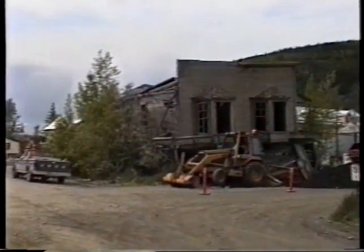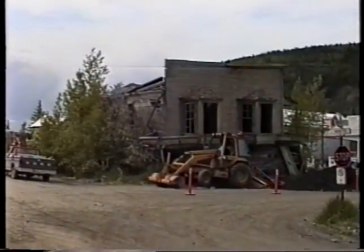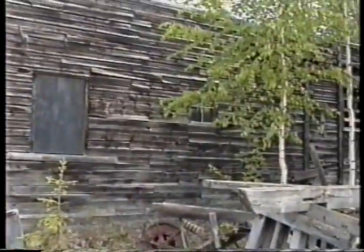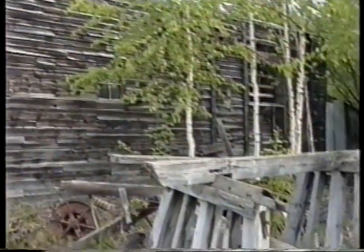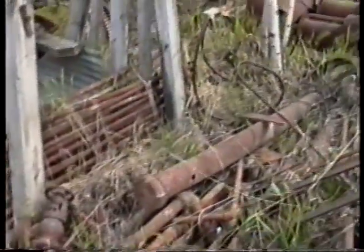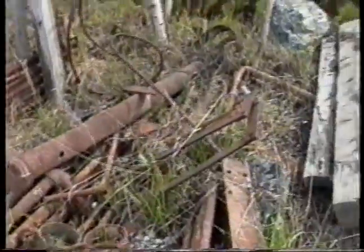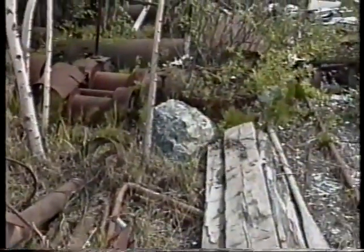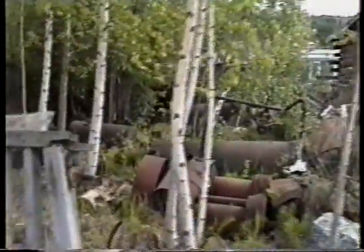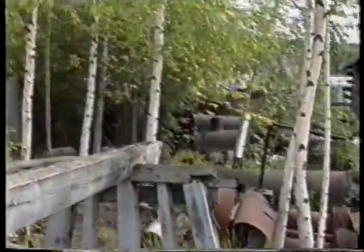This is one building that's in real need of repair. Right in the middle of the town, there's an old building. I'm not sure if it isn't a blacksmith shop or machine shop of some kind, because there's all kinds of old relics laying around here in the grass. Old boilers and